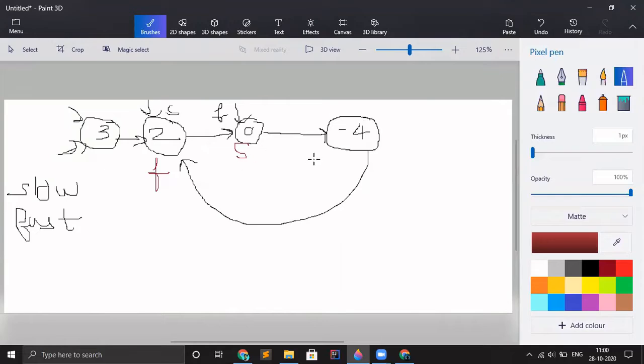After that the slow pointer will move here, and the fast pointer also will reach -4 as the fast pointer moves two steps ahead. So the slow and fast pointers are meeting in the linked list while we are traversing. So it means that there is a cycle present in the linked list.